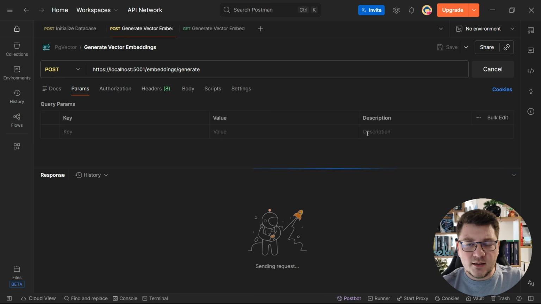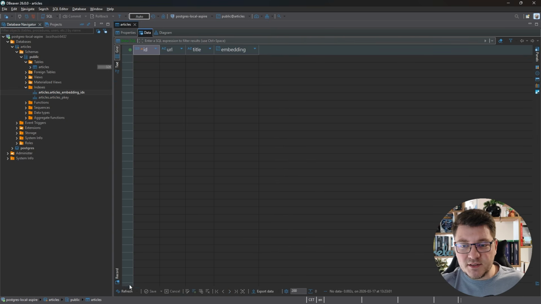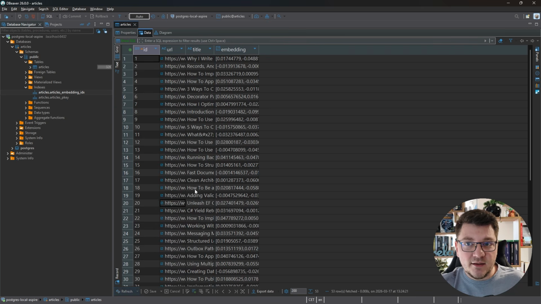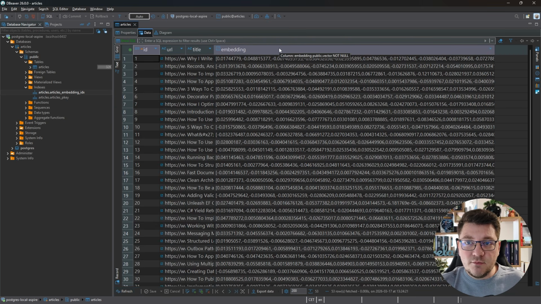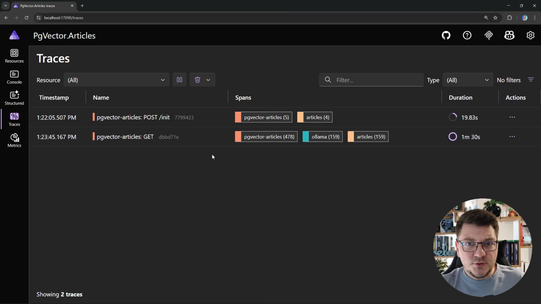Now this may take a couple of minutes as we have to go through a lot of articles, and this is typically a process that you'll probably run behind the scenes and not in a typical API endpoint, as this is populating some static data inside of our database. But if I refresh my database table, you can see we've now got some articles here along with their vector embeddings. The embedding column for each article contains 1024 floating point numbers encoding the semantic meaning of the contents of this article. This is going to take about a minute or two to complete,